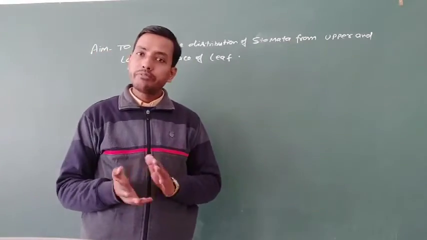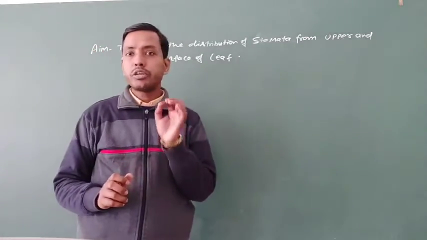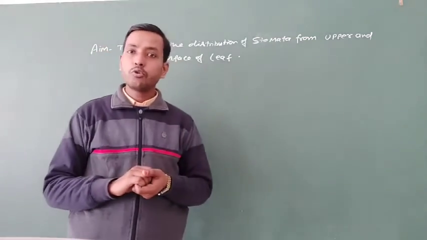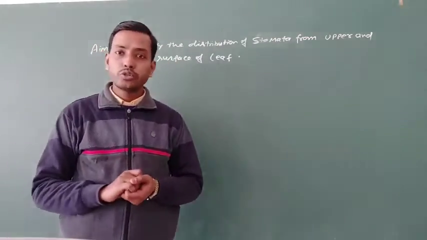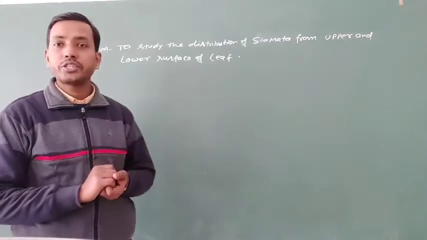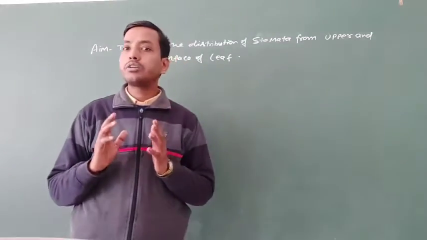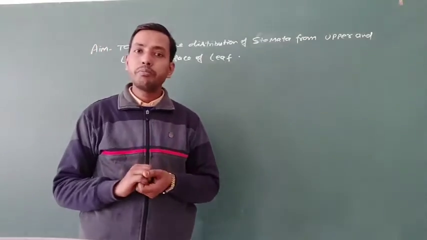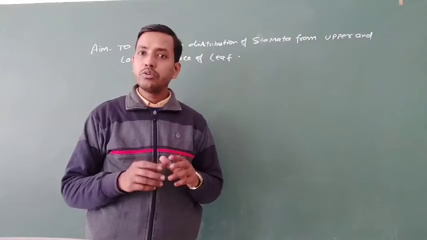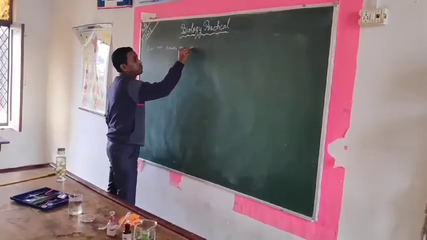So first of all, let me go back to the lab in order to demonstrate the stomata and later represent the important criteria by which we decide which kind of stomata is open type and which kind of stomata is closed type. So let me go back to the laboratory. This is only a demonstrative video lecture in order to know the exact method to obtain the stomata from the leaf peel.